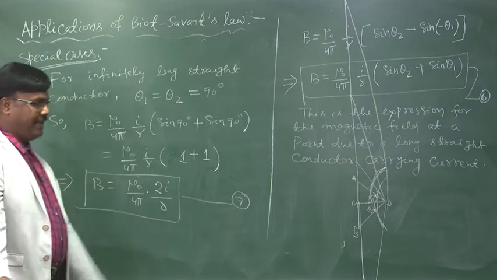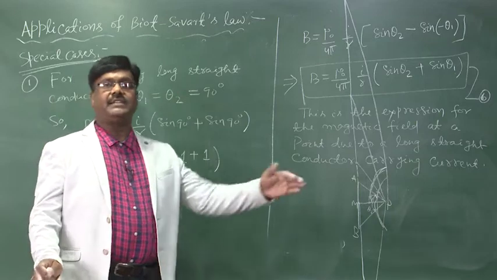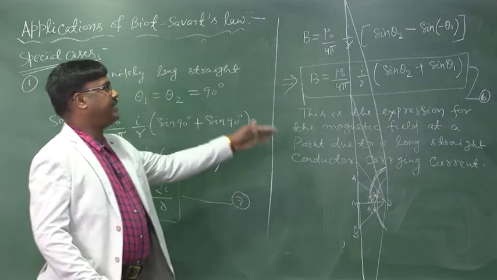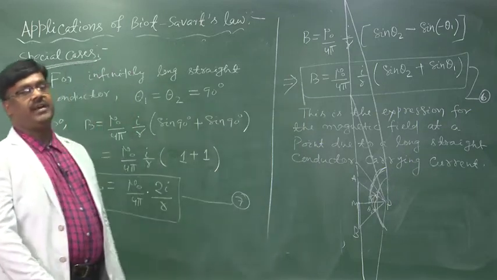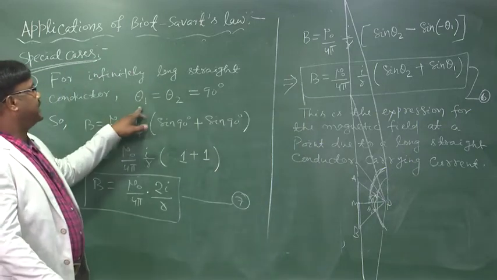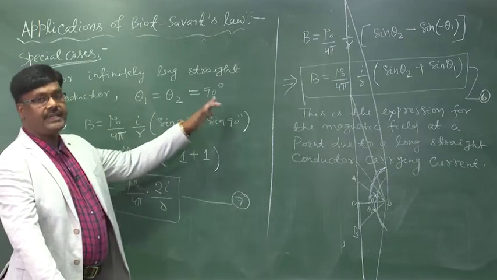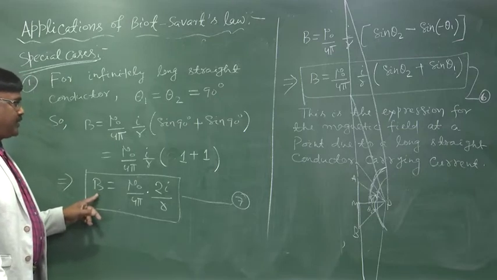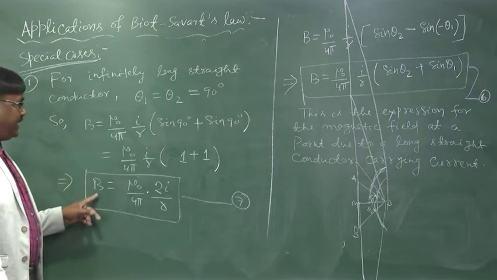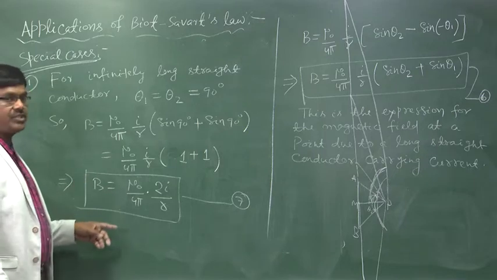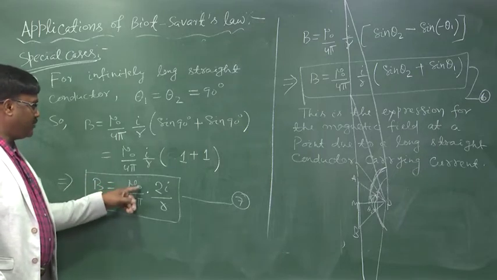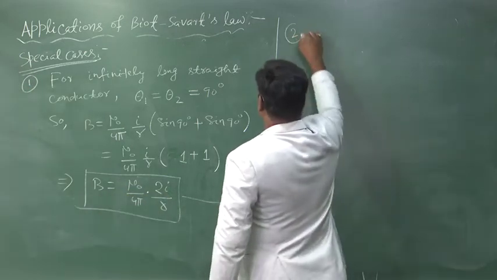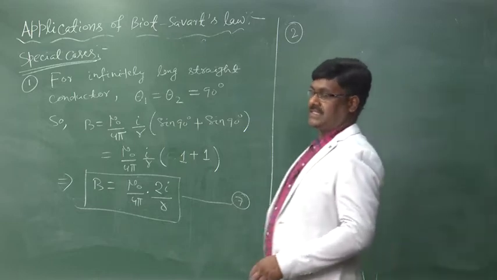But I don't feel that limit of integration is logical, so I have taken the limits from minus theta 1 to theta 2, with theta 1 equal to theta 2 equal to 90 degrees. So, the strength of the magnetic field at a point due to an infinitely long straight conductor carrying current is B equal to mu 0 by 4 pi, 2I by r. Now, in number 2, the question arises,